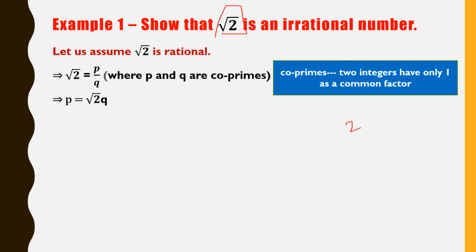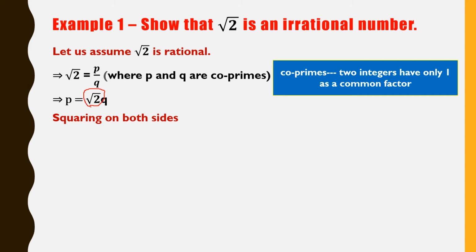Okay, if the question is root 5, you should tell that 5 is a common factor. This is how we'll prove in this problem. So first we want the common factor as 2. We should send this Q here, and to get 2 instead of root 2 we should do squaring on both sides, because we want 2, but here root 2 is there.